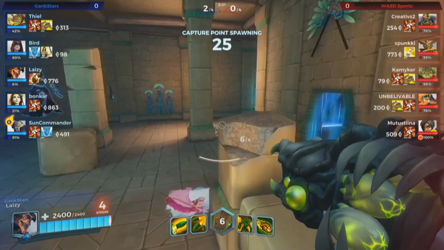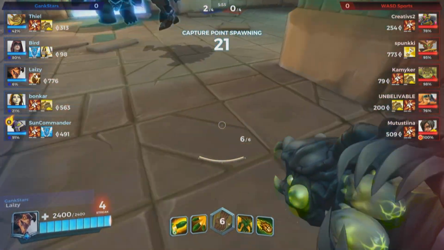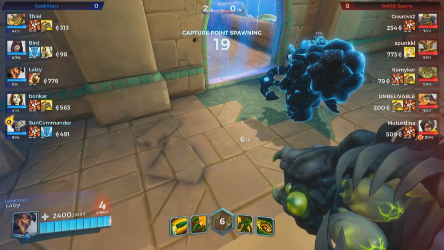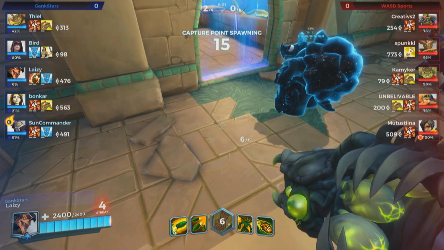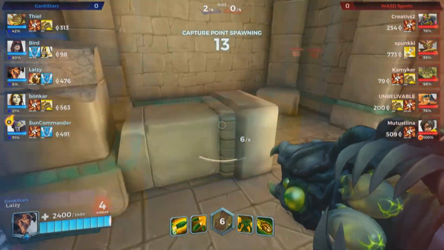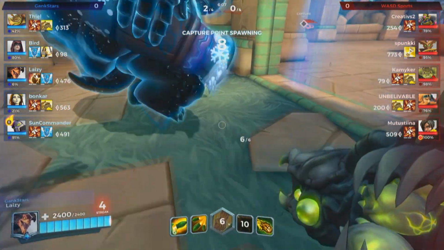Cauterized 2s on the board. Long enough around, however. WASD do have the Cauterized 2s online as well, so not too much of an item lead here for GankStars, but they do have the momentum on their side. Not really much of an ultimate lead either way. WASD almost ready to be sitting on 3 ultimates, just shy there on the Dread Serpent as well as the